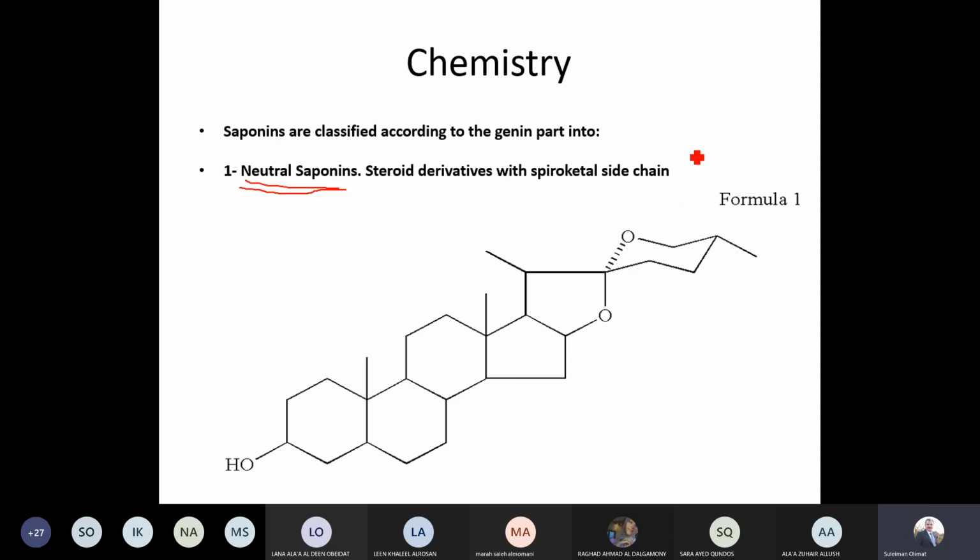So generally for our saponin glycosides, we can classify them into two classes. The first is known as neutral saponin. As we see here, our saponin in front of us is a neutral saponin. We look at it and don't really have any functional group. It's neutral. It is a steroid derivative. How do we know it is a steroid? We look at carbon number 4 and carbon number 14 right here. The absence of the 3-methyl group means right away it is a steroid derivative. Also, another